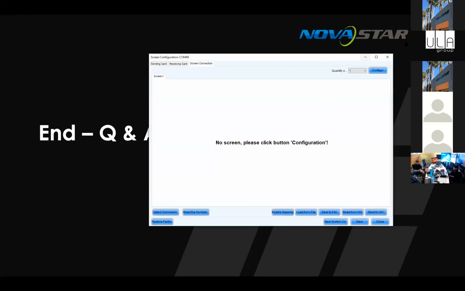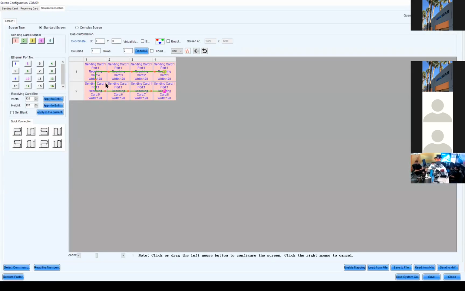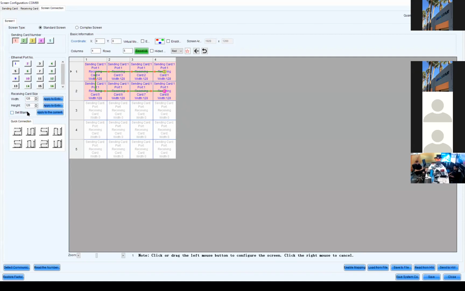When you have a screen, we'll just configure one screen here, 4x2, that's fine. Something you might want to do, and this still affects your input loading as well, is you've got an option here to set blank. It'll basically calculate the pixel space where those two panels would be. It just gives you the option if you're getting creative on some projects or you're pulling stuff out, you've got an option to set particular panels blank. That's what that little box does there.